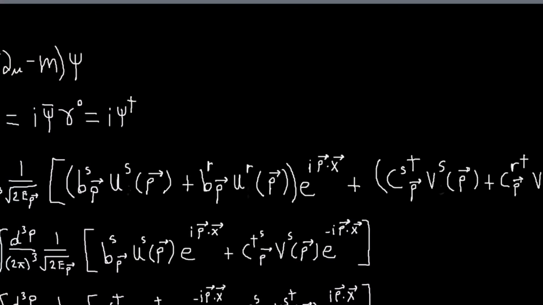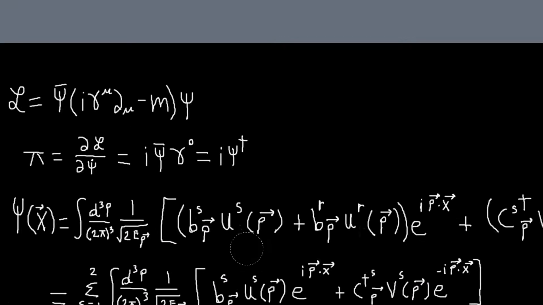Okay, so in this video, I'm just going to go through the beginning of the quantization of the Dirac theory. To do that, we can work very similarly to how we did things with the complex scalar field. So we're just going to take our Lagrangian, and we're going to find the conjugate momentum, and we're going to assume,